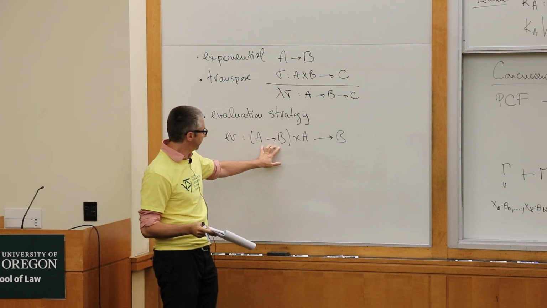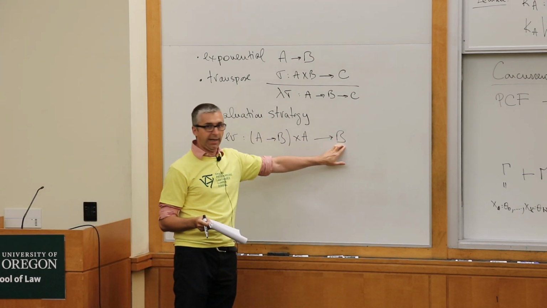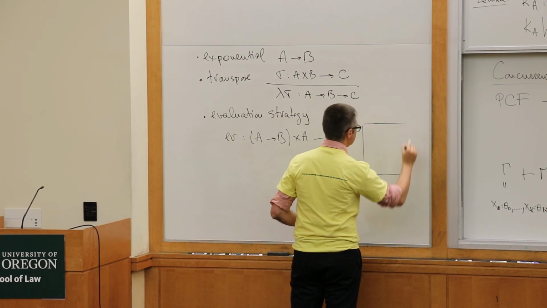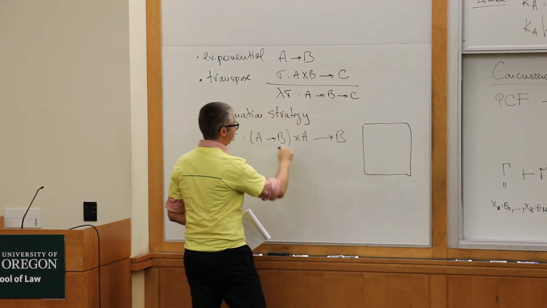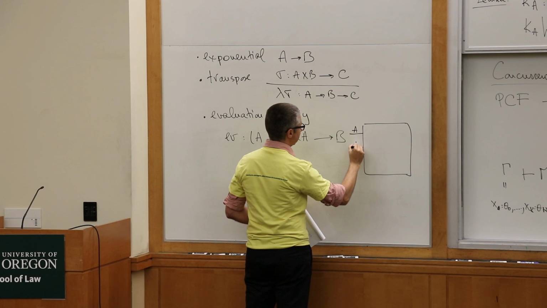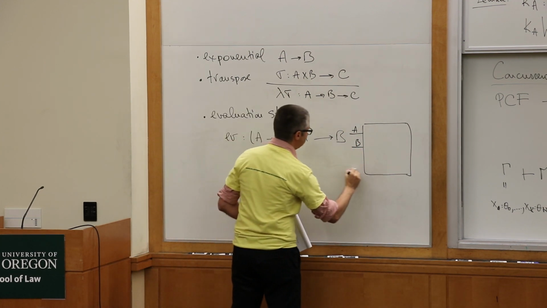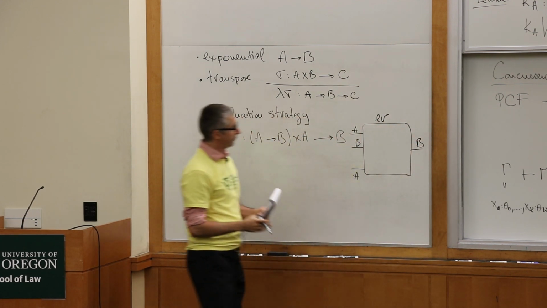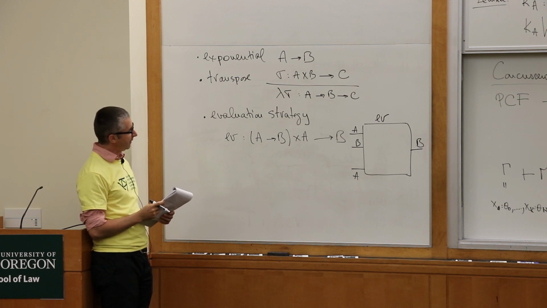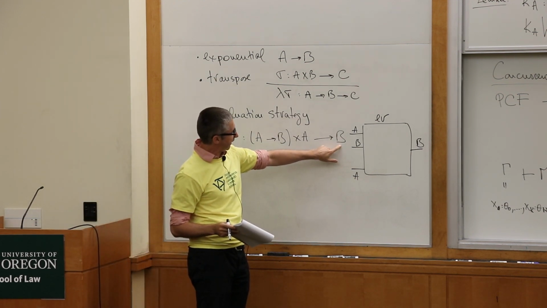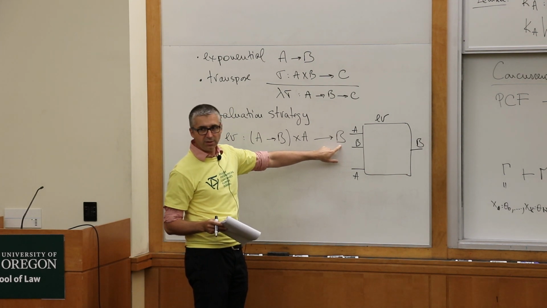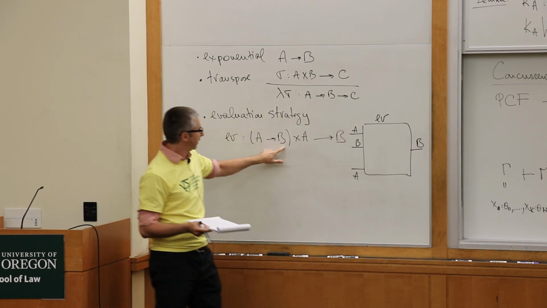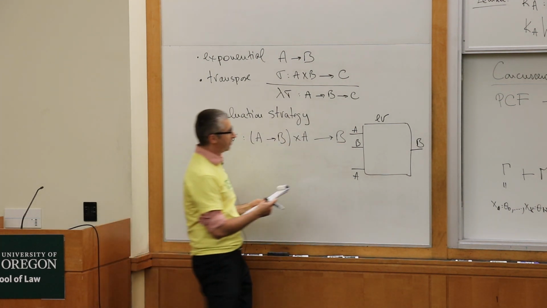So it gets a function and it gets an argument and it produces the result. So let's look at this kind of box. You have a function which is an A and a B, and then you have an A, and you have to produce a B. Well, what should happen here is the play is going to start on this side, B, and the only thing reasonable that can happen if you're asked, well, what is the overall result? You have to ask the function, what is your result? So you have